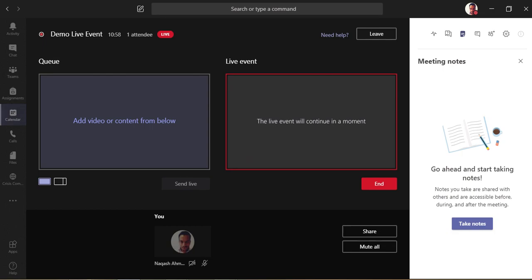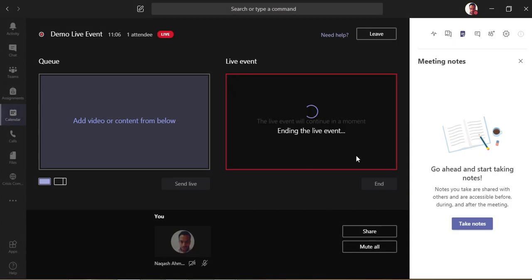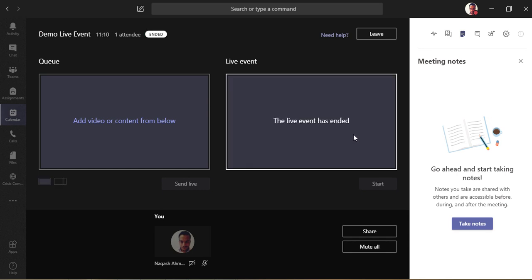You see it is removed now because I have stopped my sharing. Click end, and it will end the live event. You can restart an event after it has ended. So end live event. My event has now been ended. You can see the ended status here.